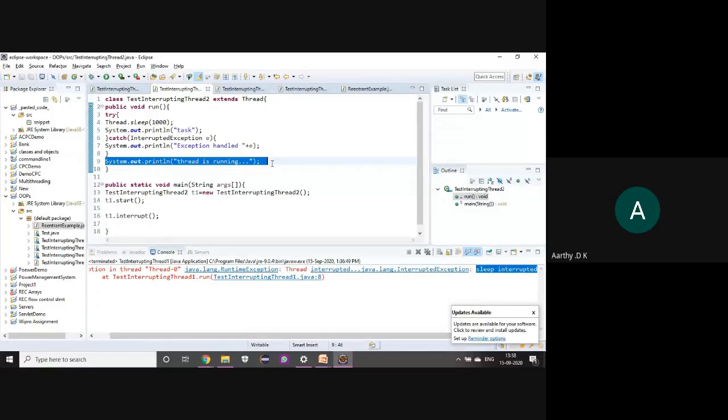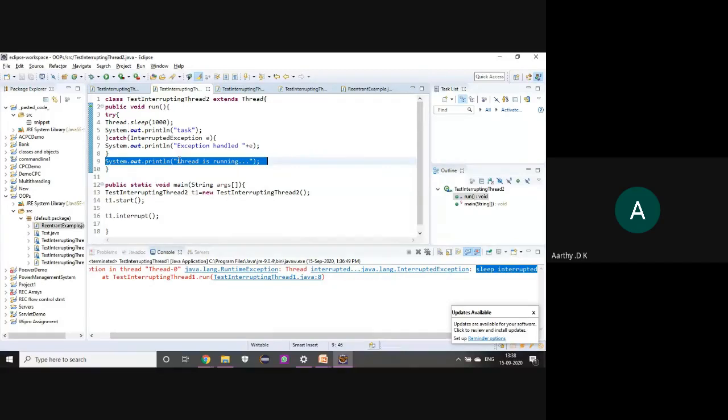So you are interrupting the thread and allowing it to do the work. That is, I am handling the exception that happens when the thread is interrupted. So when that exception is handled, your thread executes whatever it is supposed to do, and the thread execution will complete.